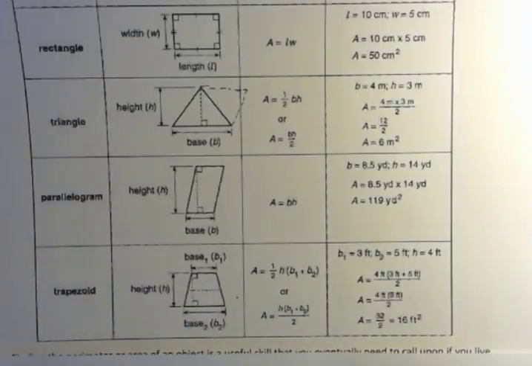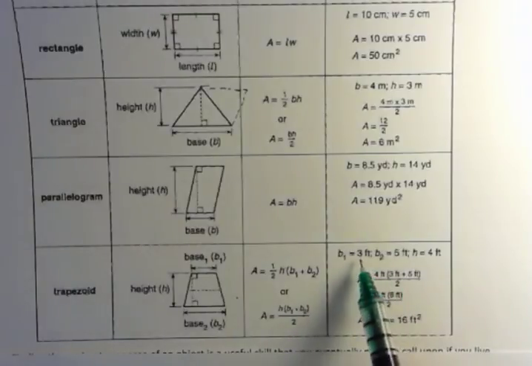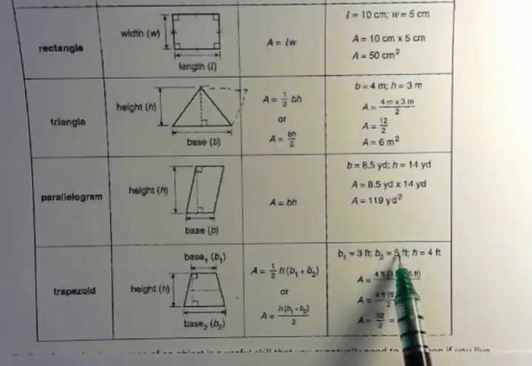If I was halfway up, how wide would it be? And to find the average, you take the two, add them together, and divide by 2. That's just the average width of this thing. And then I multiply that times the height. So if I had a big base of 5 and a little base of 3, I would add that and get 8. 8 divided by 2 is 4, and 4